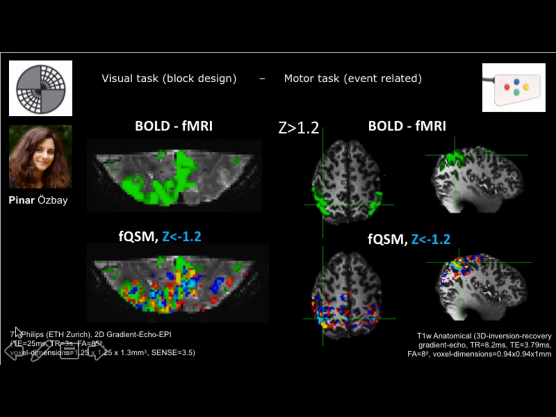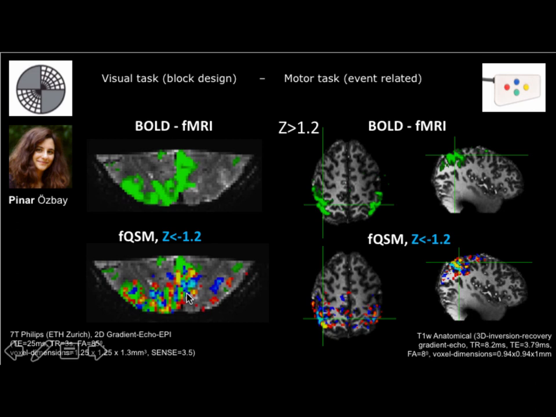Another contrast that might be promising is quantitative functional susceptibility mapping, and this is a slide I got from Pinar, also a postdoc at NIH. She sees that in areas where you have a positive BOLD for this kind of visual stimulus in V1 or visual areas, and in the motor areas for this motor task, within those areas of positive BOLD, she sees these bidirectional responses in the functional quantitative susceptibility mapping. So some of the voxels, like in orange here, have a positive response, and some of them have a negative response,